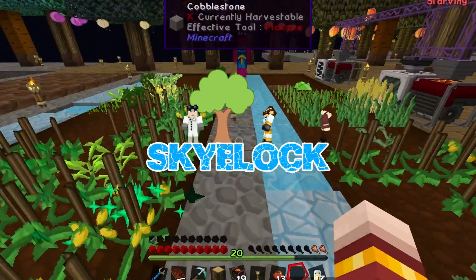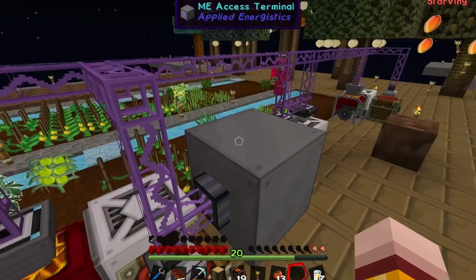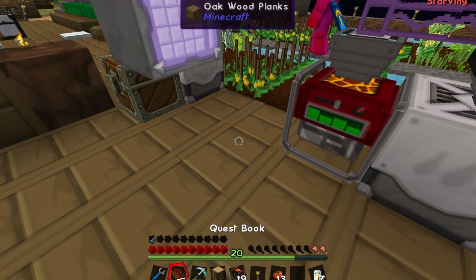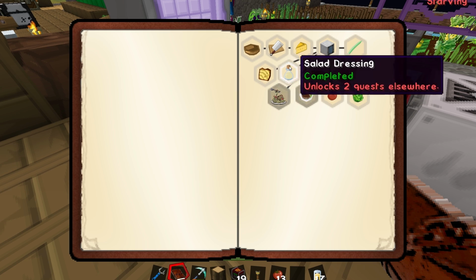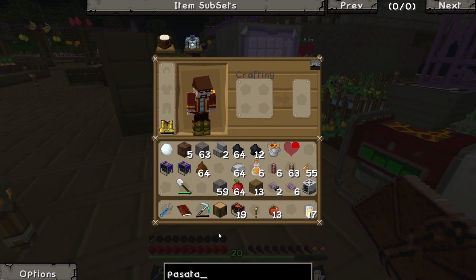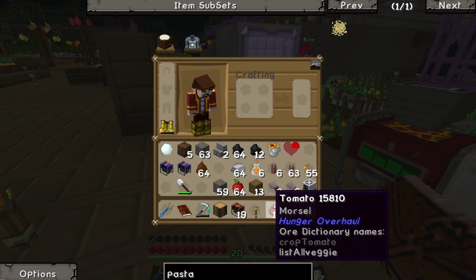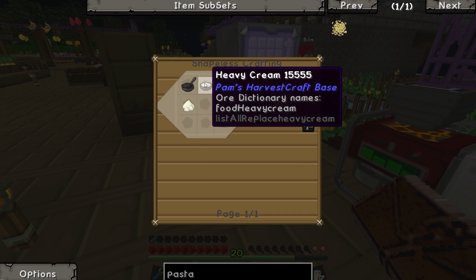Sweet. Okay, I've got 13 tomatoes now. So, you can make the pasta, can you? Can I? How did you make pasta before? Have I ever made pasta? I thought I did. I think you've made pasta before. It is dough and butter. Yeah, I can make those things quite easily. So how did you make the butter? Butter is